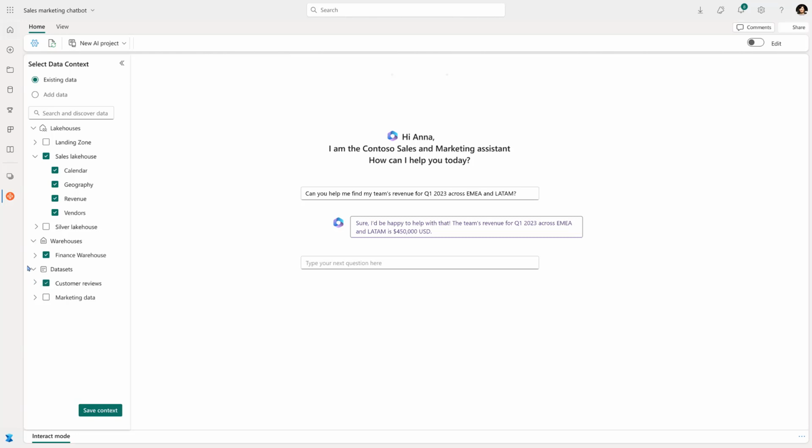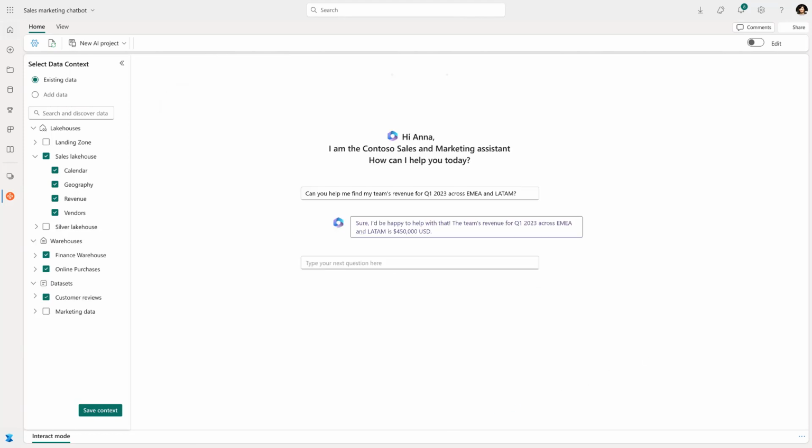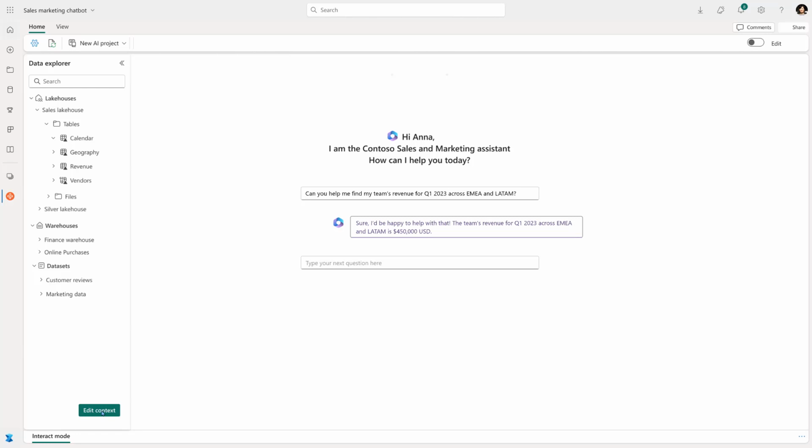I also want to enrich the data context with data from another warehouse. The Fabric Data Hub enables me to easily discover all the data assets I have access to, and I can add the online purchase warehouse to my data context. Now that I am done configuring my data, I can immediately start asking more questions. For example, about my newly added online purchases. And the Copilot plugin is ready to help, letting me know 12% of online purchases in APAC were for Contoso